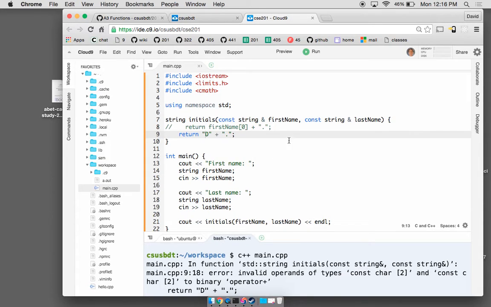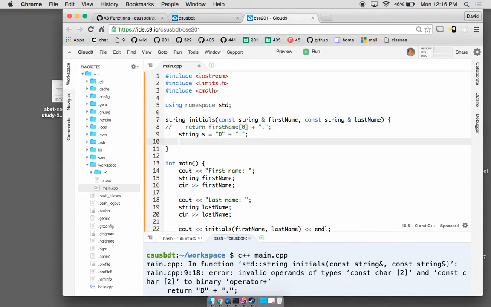So what's going on here? Let me try this. See, it says invalid operands, so it doesn't take, this is a constant char 2. I don't know where it gets that from. And a constant char 2, it has 2 constant chars. I don't get that. Oh, because a string internally in memory is this string that I have highlighted right here,